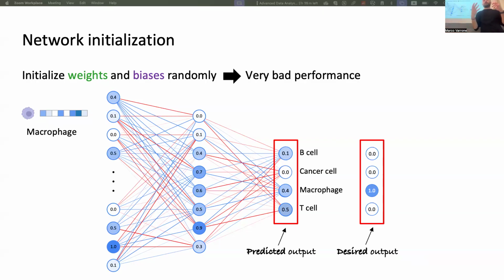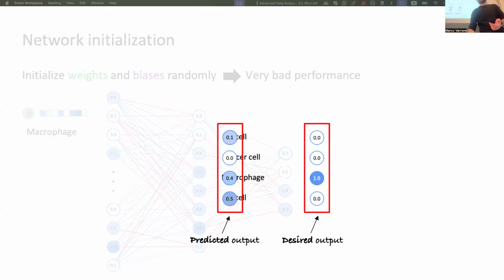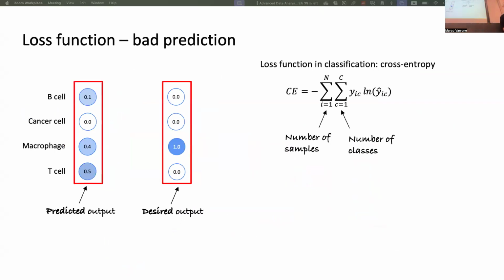And you need to measure how well the neural network is performing based on the data, so you need to define a certain loss function. It basically measures how good the quality of your output is with respect to the desired output. In case of classification, for example, one very common loss function is the cross entropy loss,